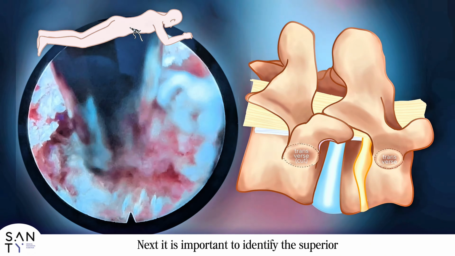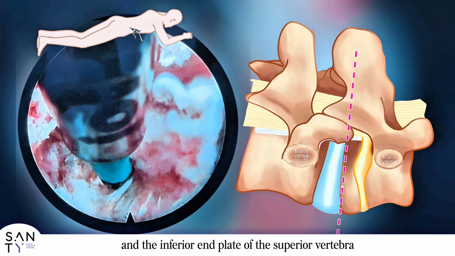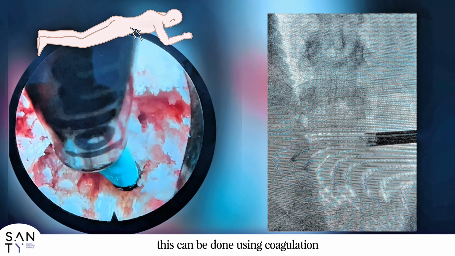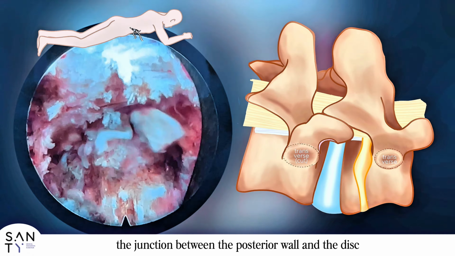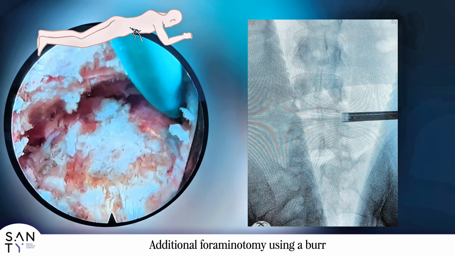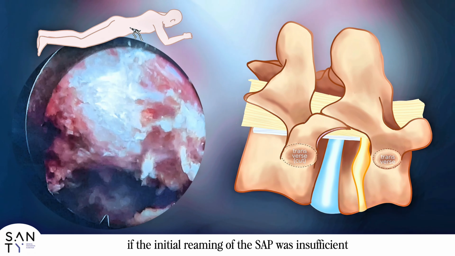Next, it is important to identify the superior end plate of the inferior vertebra and the inferior end plate of the superior vertebra in order to assess the disc height. This can be done using coagulation to palpate the junction between the posterior wall and the disc, followed by fluoroscopic confirmation. Additional foraminectomy using a burr may be required to access the target area if the initial reaming of the